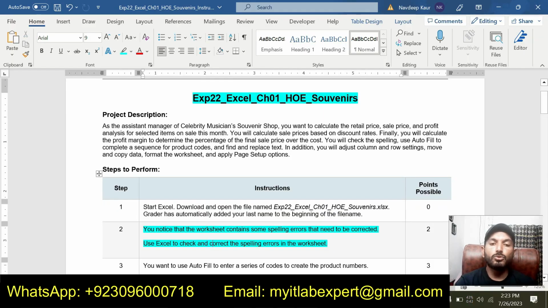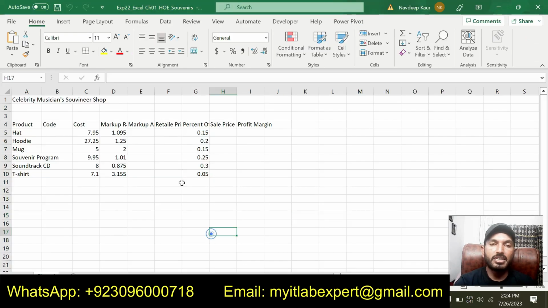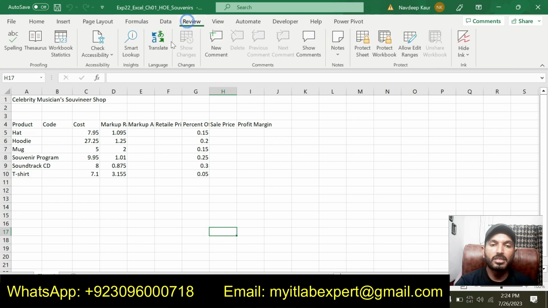Step number 2 is you notice that the worksheet contains some spelling errors that need to be corrected. Use Excel to check and correct the spelling errors in the worksheet. So we are supposed to check the spelling errors in the worksheet. Simply go to the worksheet and click on the Review tab. You can see the spelling check here in the Proofing group.